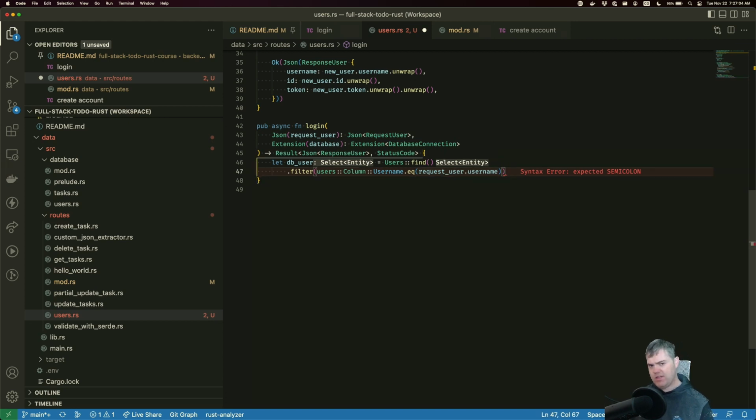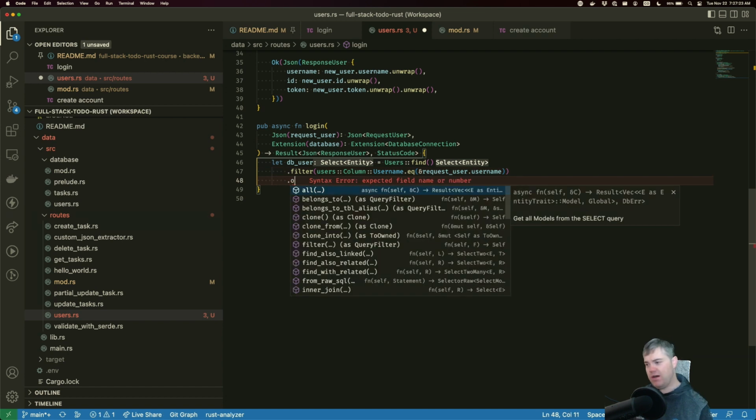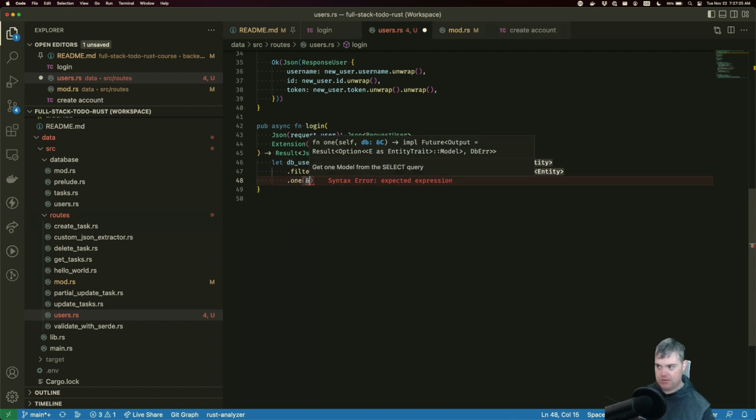Now, I probably don't want to take ownership of this. When we take a look at this, it needs to be an owned value, or at least it needs to go into a value. I wonder if I can reference that so I don't take ownership of it. I want one thing.